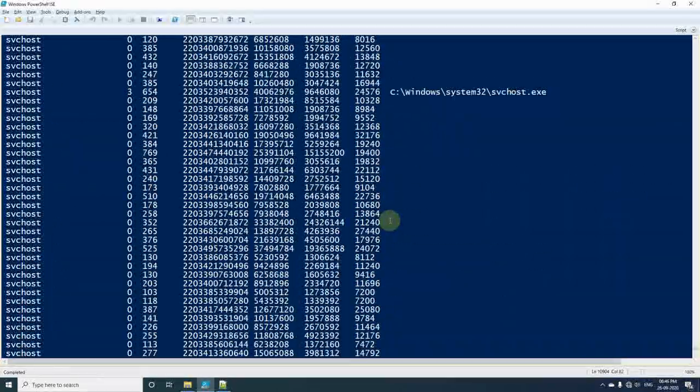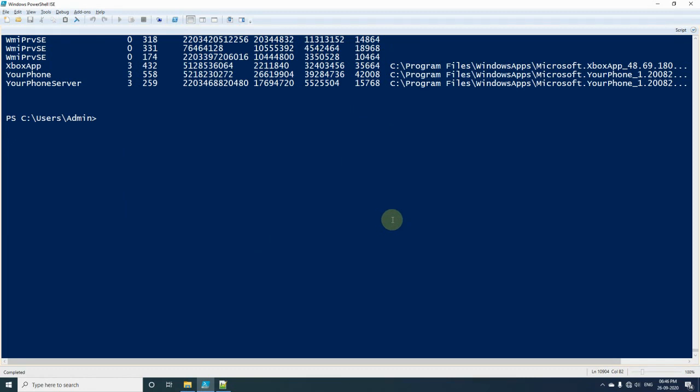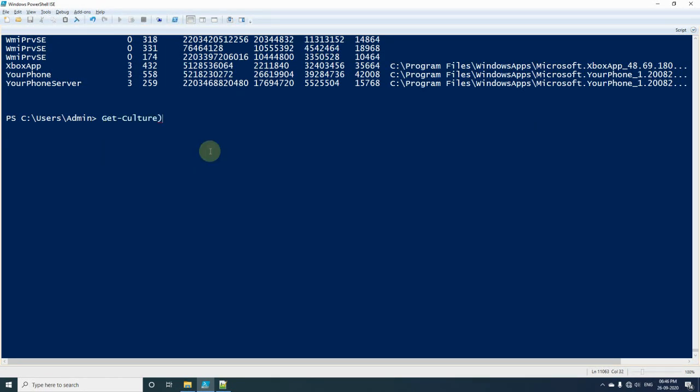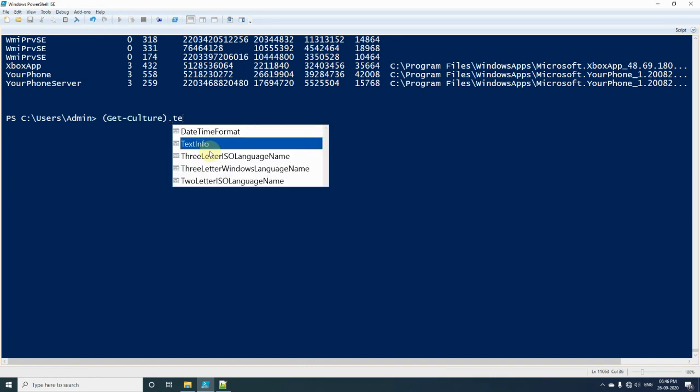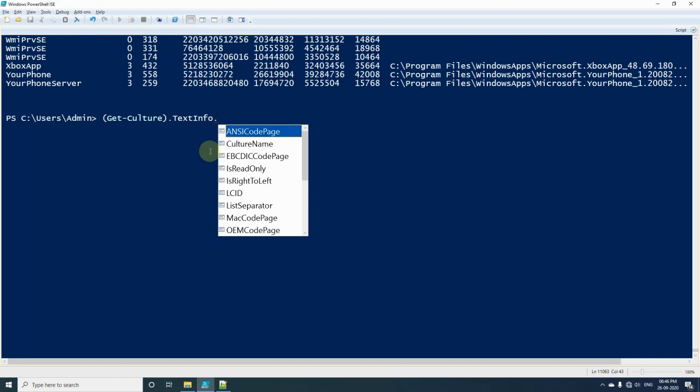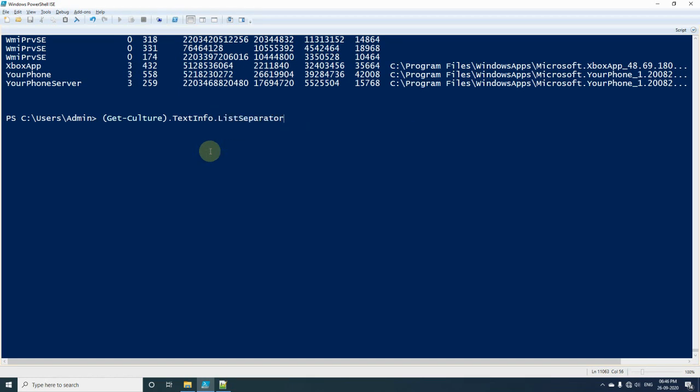Now if we want to export using the current culture list separator, first of all, to verify the default separator in the current culture, we will use the cmdlet Get-Culture, and from this we will fetch the property called TextInfo, and from this we will see ListSeparator.